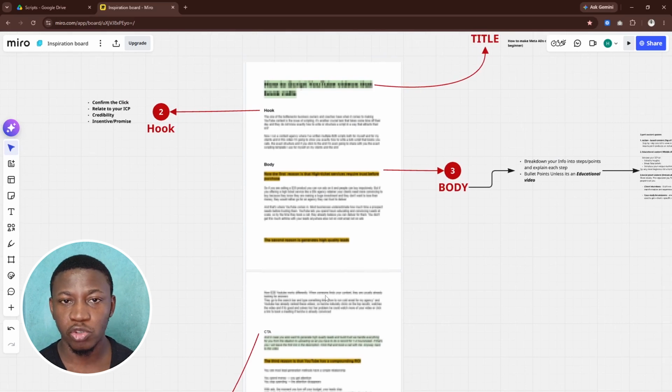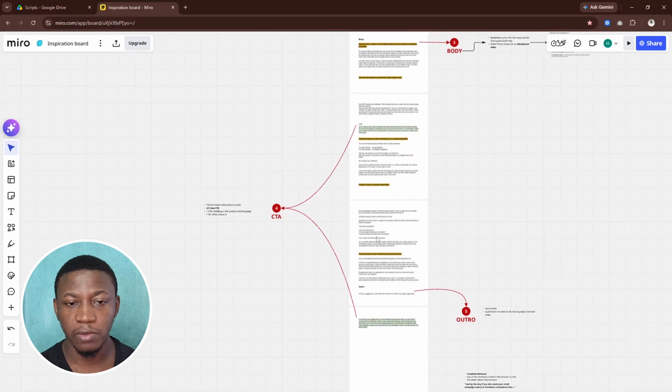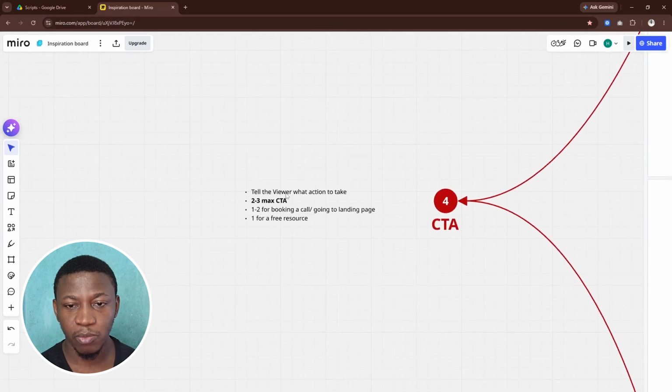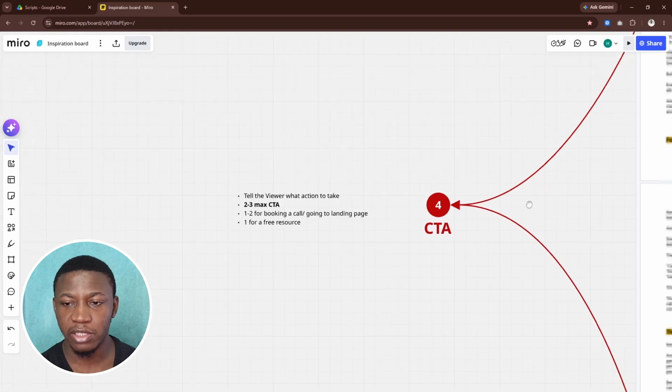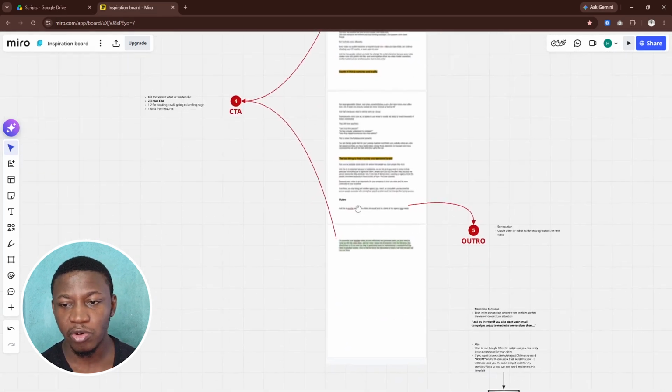So you want to make sure that you also capture the audience that normally leaves before the end of the video. And then you can have one for the end, which is normally for those who actually get to the end of the video. Now for the CTA, you just want to make sure you tell them what action to take. You can have 2 to 3 max CTAs, 1 to 2 which you just tell them to book a call with you or to go to your landing page, and then 1 for a free resource that you have probably provided in the description. After that, you can just continue with the body until the body is done,